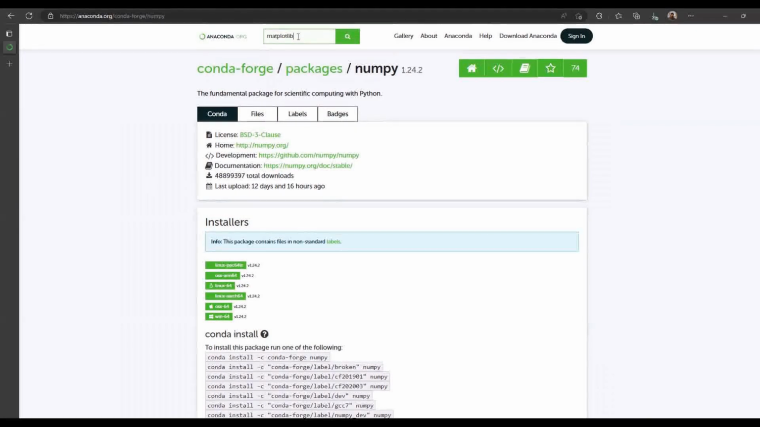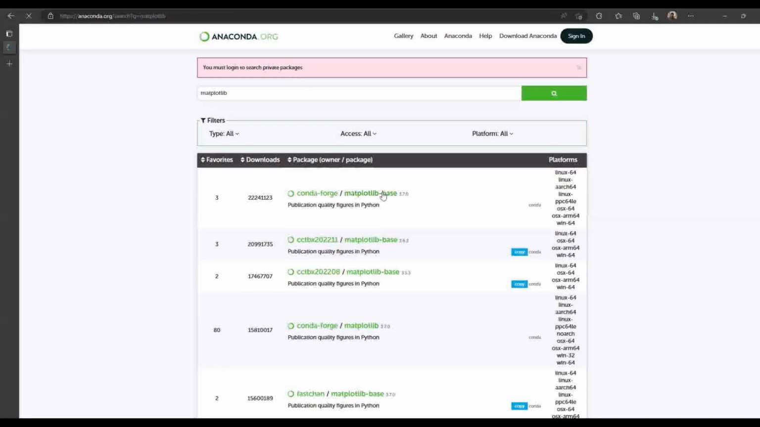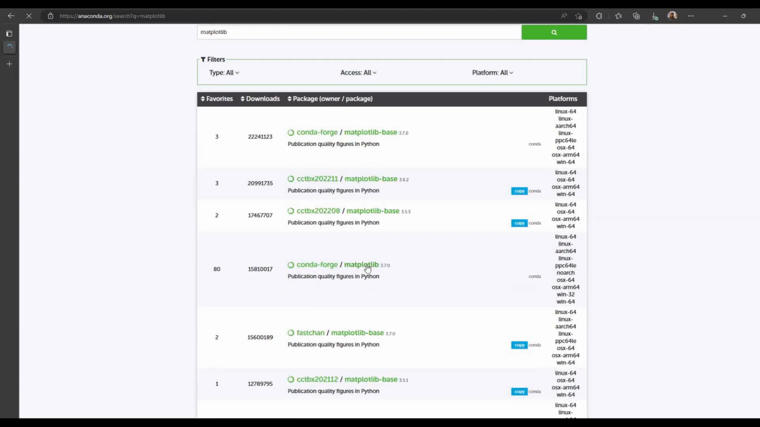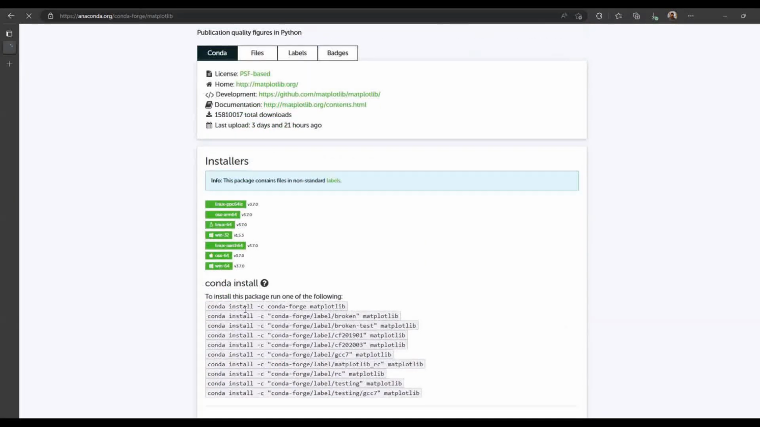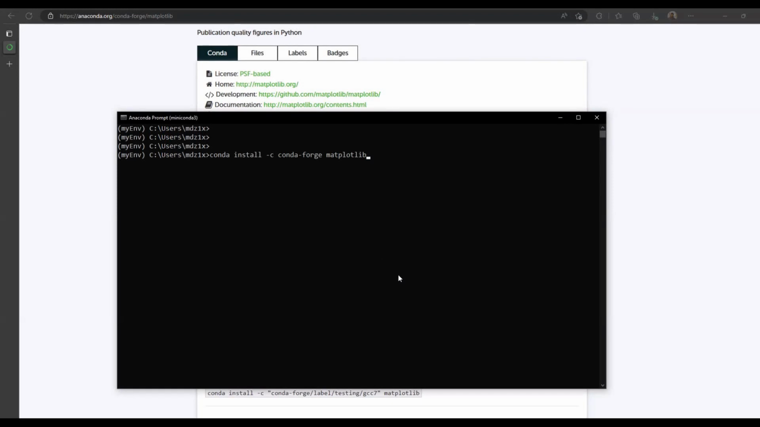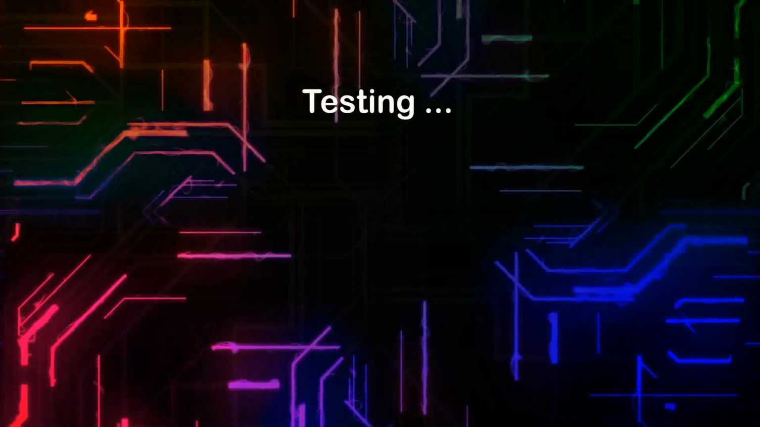So now let's search for matplotlib. So this is a tool for visualizing data, so that we can see it there. We can for example plot a bar diagram, or we can just plot data, anything in x and y plots, like that. So let's install matplotlib, and once it's installed, I would say we are ready to go. So let's test if